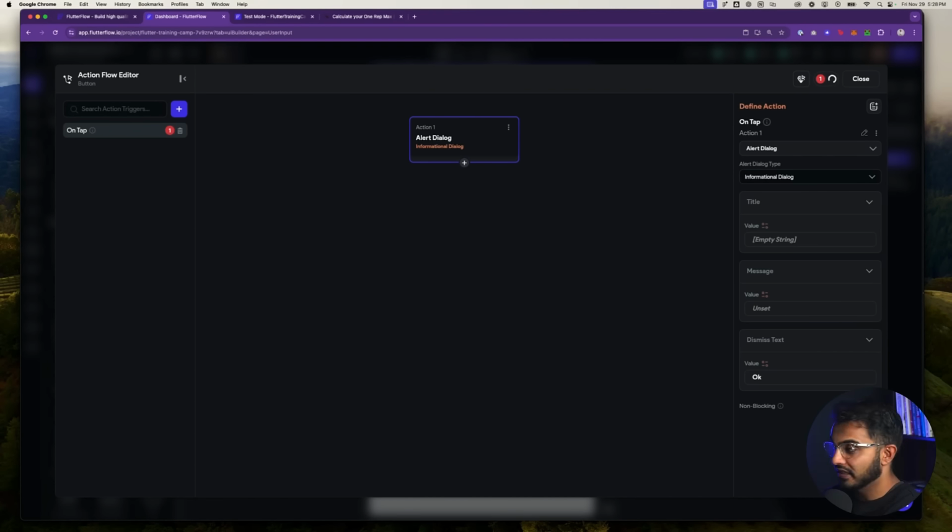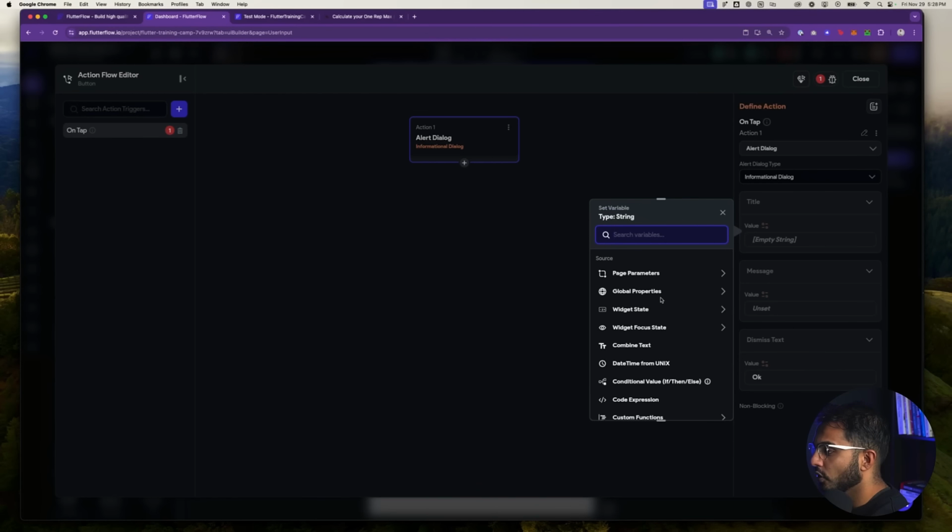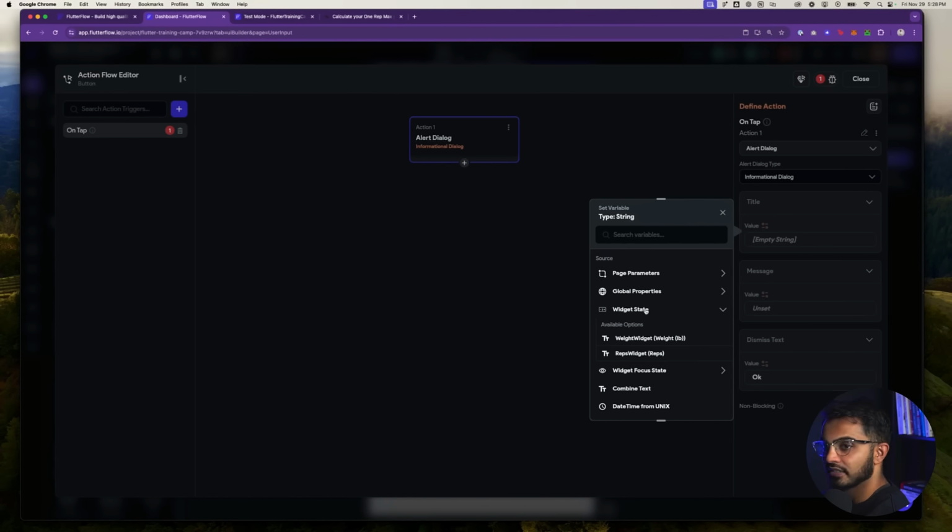So to make this variable dynamic, you click on the orange icon, and then we will find widget state. And in the next section here, we'll talk about state. But widget state allows you to grab onto widgets and the data associated to those widgets. See here, we have weight widget, reps widget.